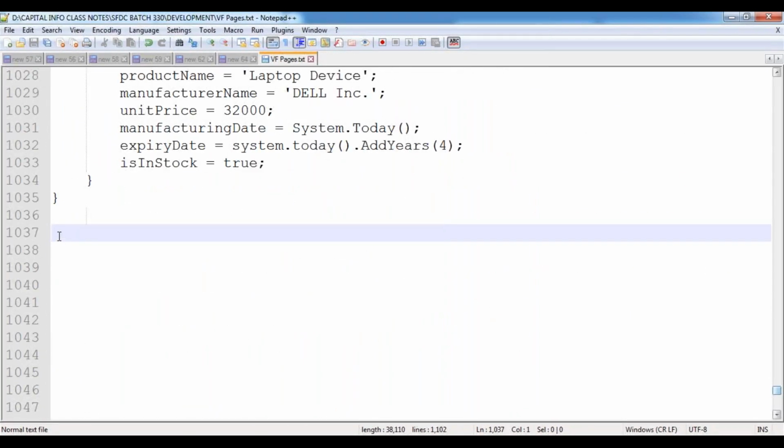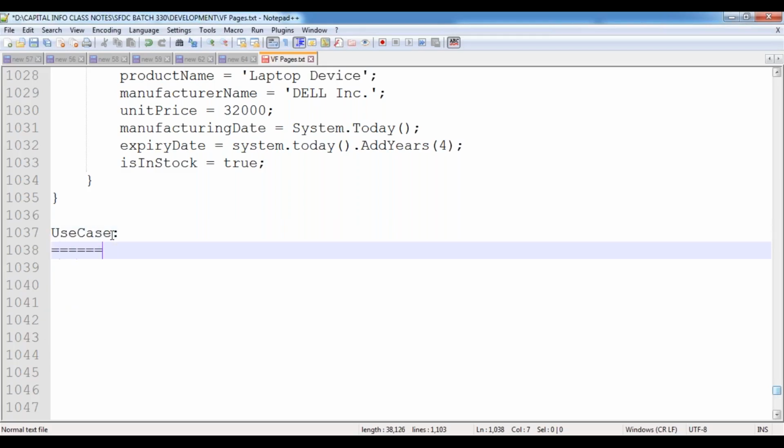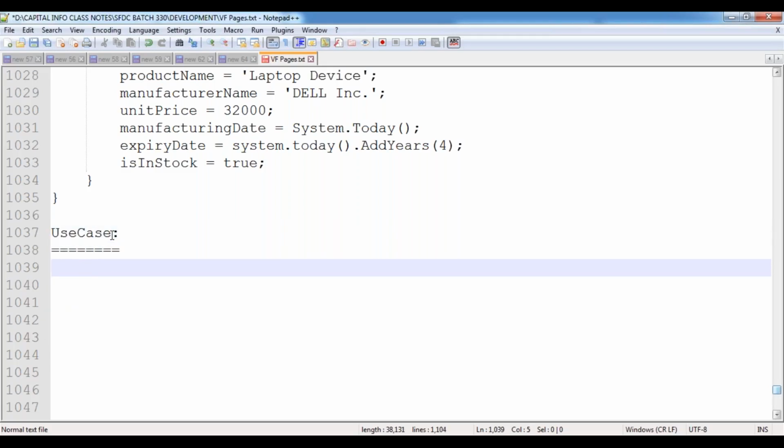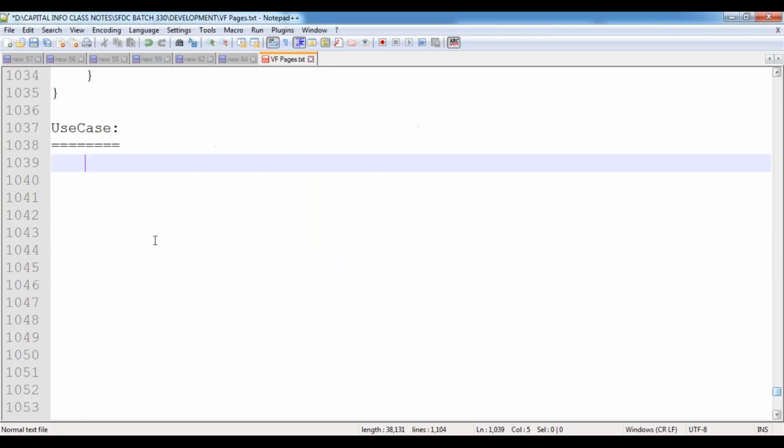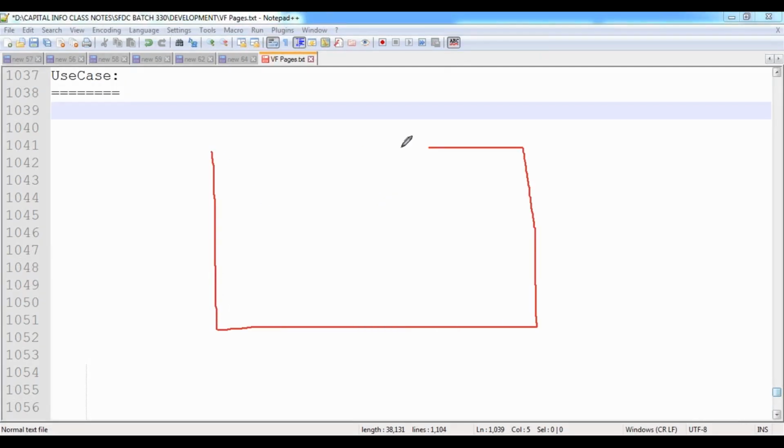Now, let's take one more use case. I have a small requirement. Assume that I have a Visualforce page. Whenever this page is getting loaded,